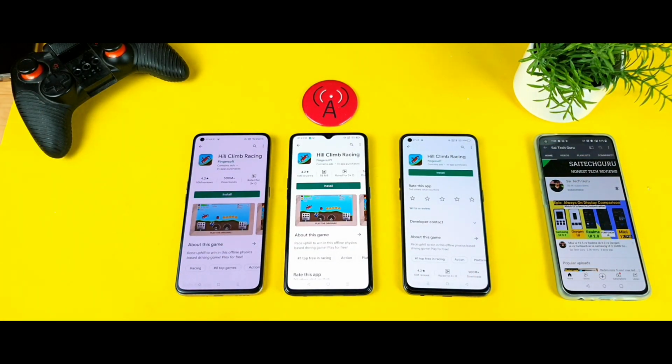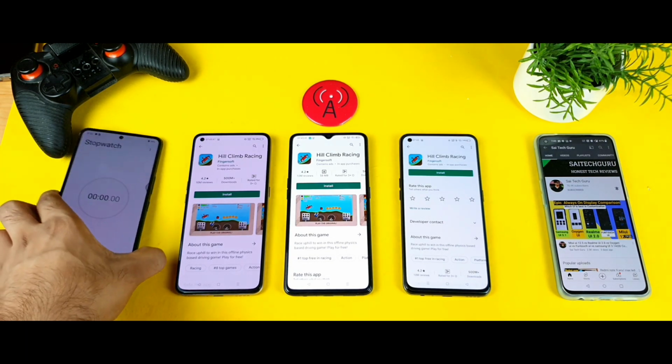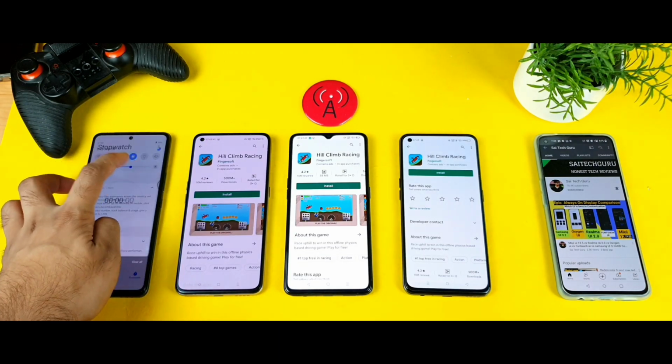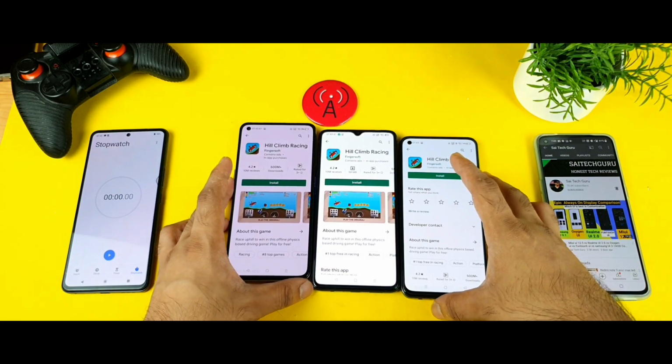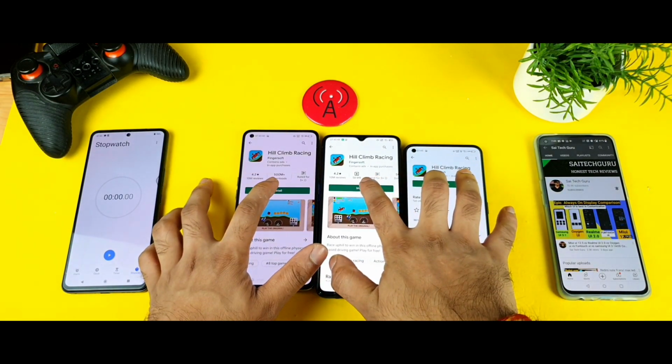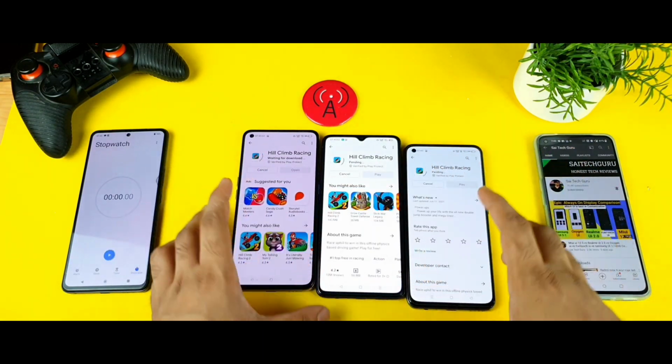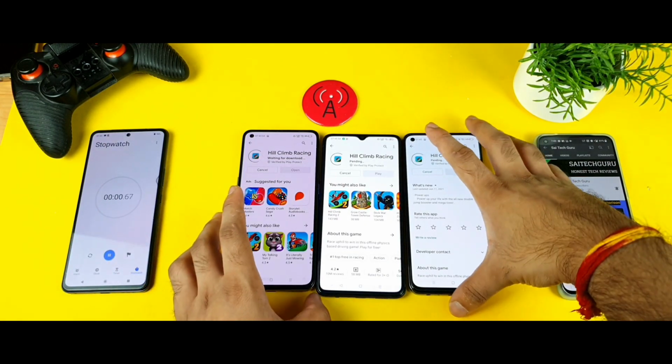Let me open the stopwatch if possible, so I can keep it ready. We can see which phone finishes at what time, and how much difference there can be from phone to phone. So the stopwatch is also ready right now, as you can see, friends, clearly. Now let me try to start the test at the same time. It's really difficult to do at the same time. Let's see whether I can do it or not. Yes, I did that at the same time, and the stopwatch has also started, as you can see, friends.